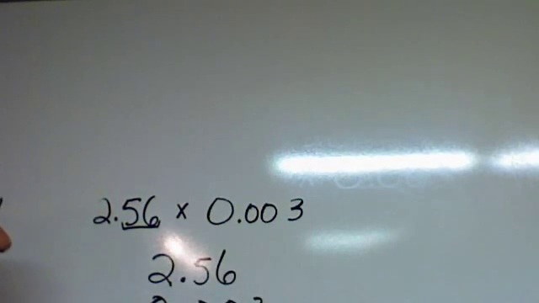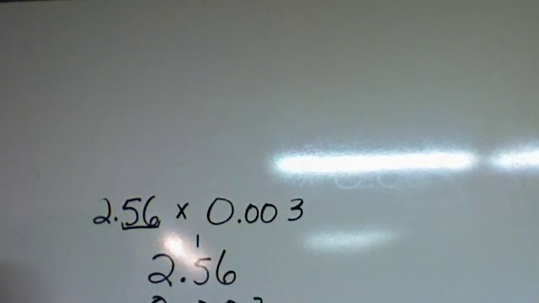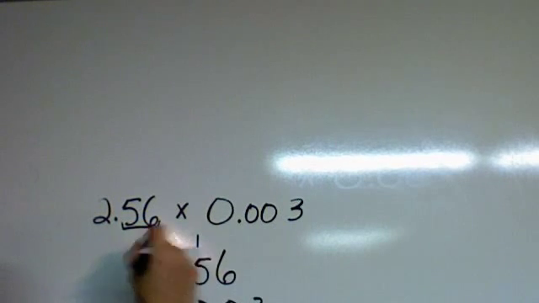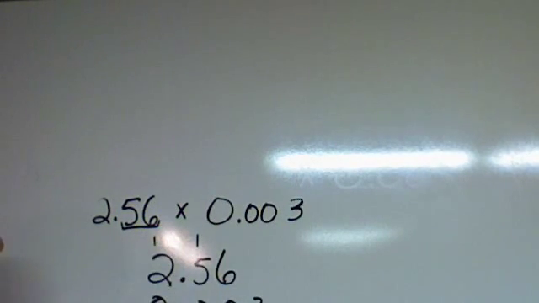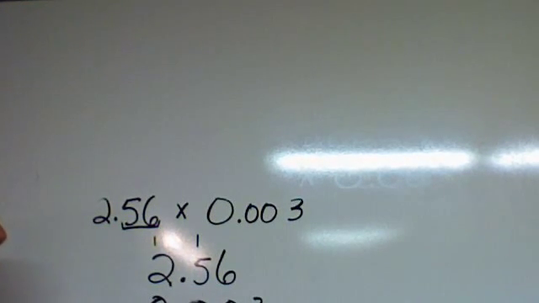3 times 6 is 18, carry the 1. 3 times 5 is 15, carry the 1. 3 times 2 is 6, plus 1 is 7. Okay, good, we'll get it. Then we go over to the next decimal place, we put a 0 there, and we have 0 times 6, 0 times 5, 0 times 2. We go to this decimal place, we put down 2 zeros, 0 times 6, 0 times 5, 0 times 2,